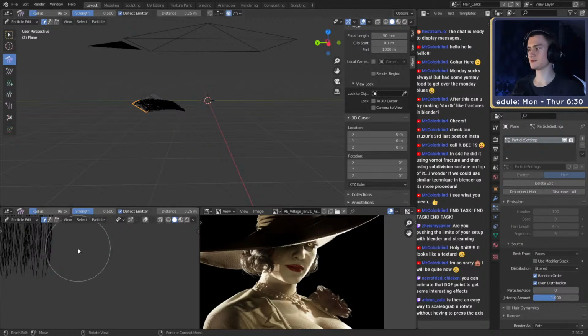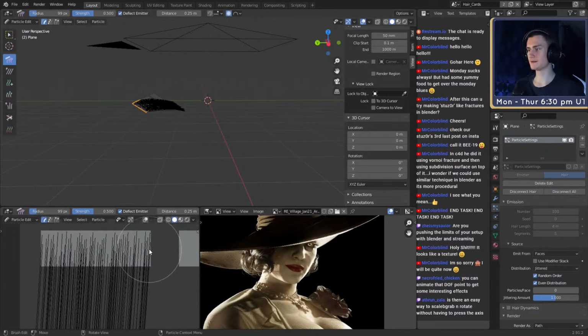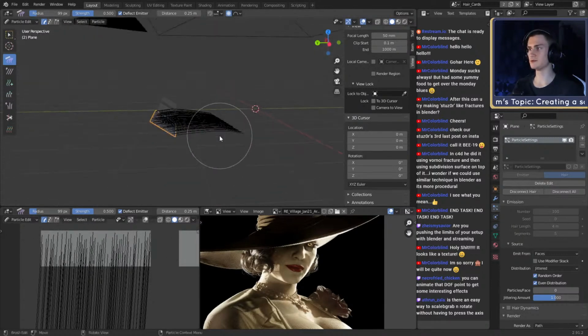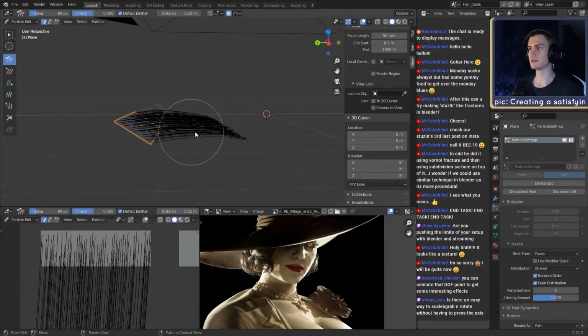What I wanted to show you is now you can see we have multiple roots of hair coming from multiple positions. There are two options you could use to create these hair particles.